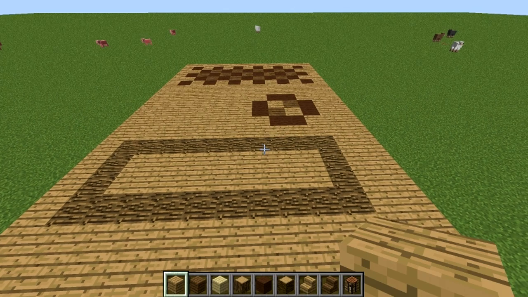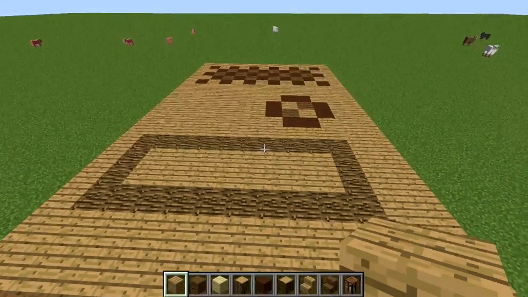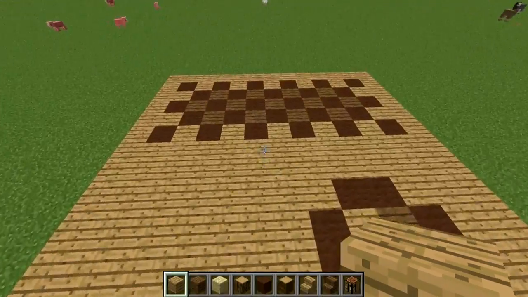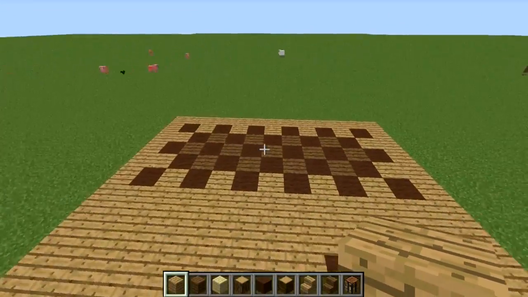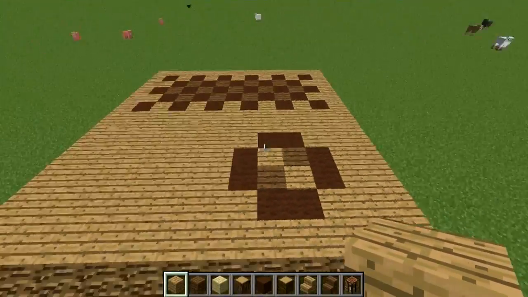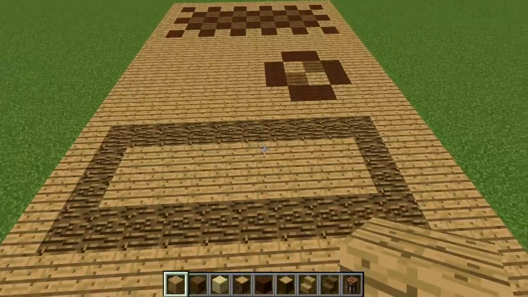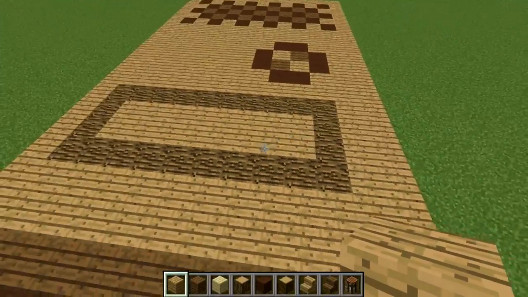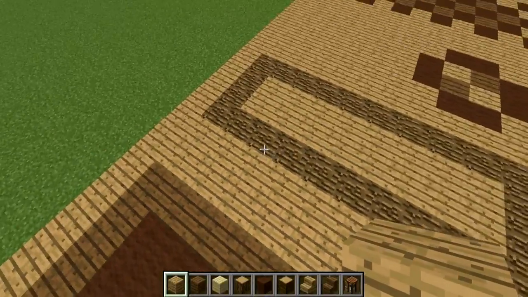Hey Shaddi, I wanted to show you what I was coming up with for your little floor pattern design. I tried a few different things with the default texture pack and I'm not really too fond of the checkerboard look or even the smaller patterns, but you have such a large space. What I thought might be cool was rimming some areas off with maybe the regular wood texture, but in